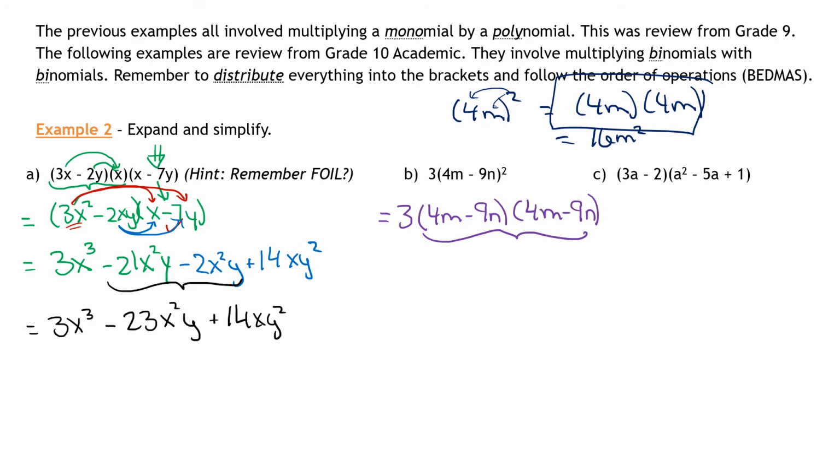So I'm going to leave the 3. Let me move my equal sign down. I'm going to leave the 3 at the front. I'm not going to distribute that yet. I'm going to do the brackets first. And I usually like doing the brackets first because that's the harder part, so I like to get that straightened